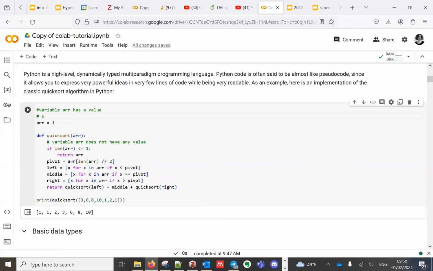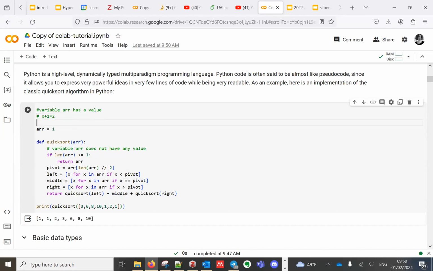For example, you have x plus 1 equals 2, right? And then we all will be able to calculate that variable x will be equal to 1, right? So we estimate the value of the variable.